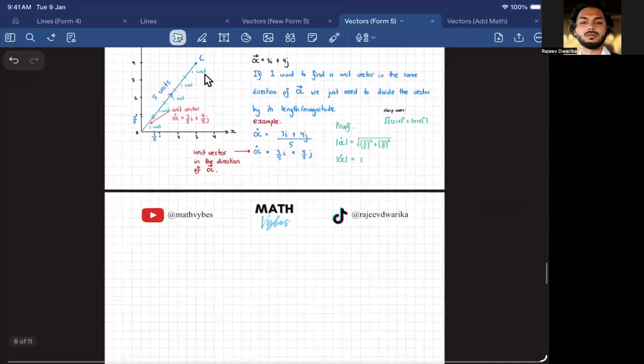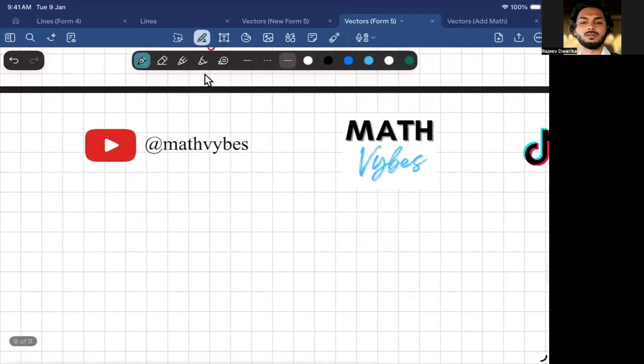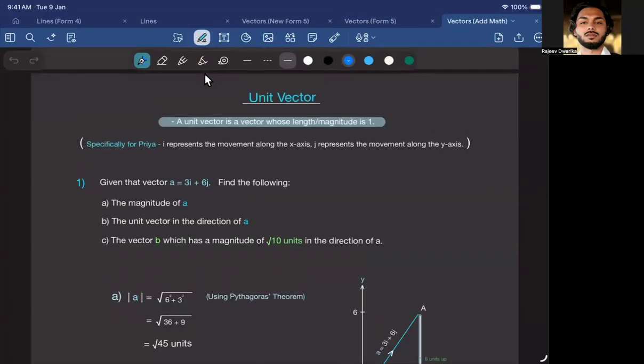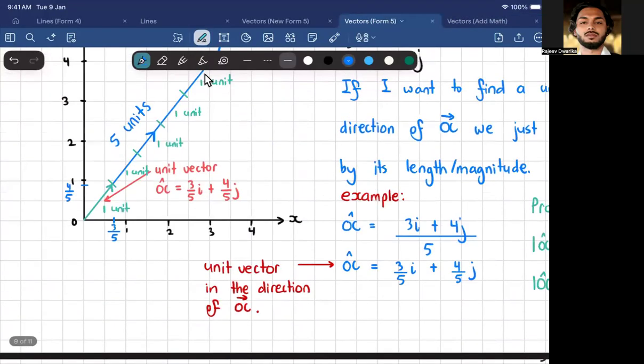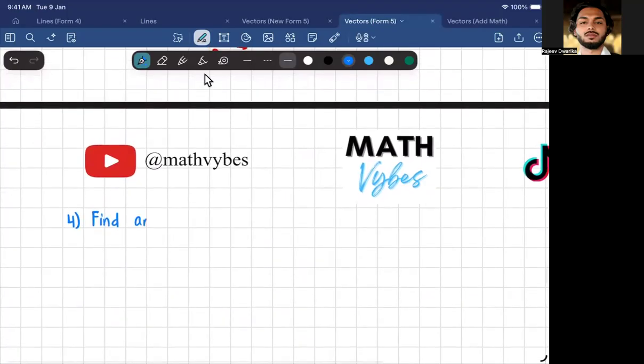You also need to be able to find another vector with a specified